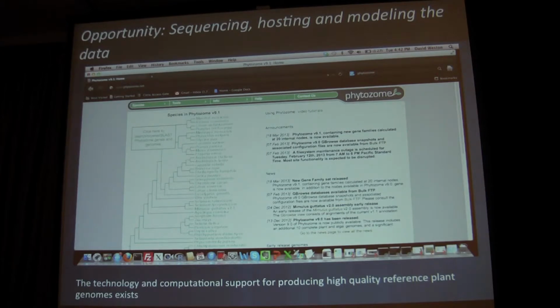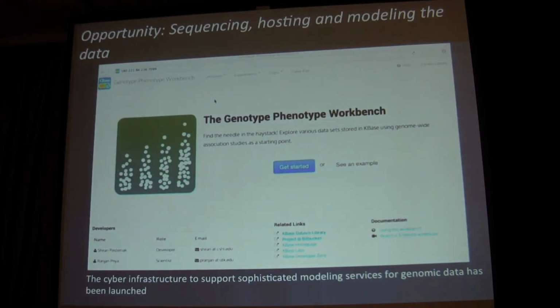Now, in order to apply this, of course, and I think everybody here is very familiar with this, we need quality reference plant genomes. And JGI does this better than anybody else, hands down. And it's through this work that we're starting to move forward, but we also need ways in which we can